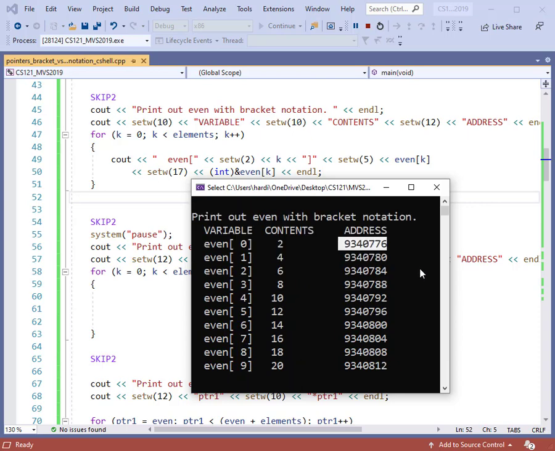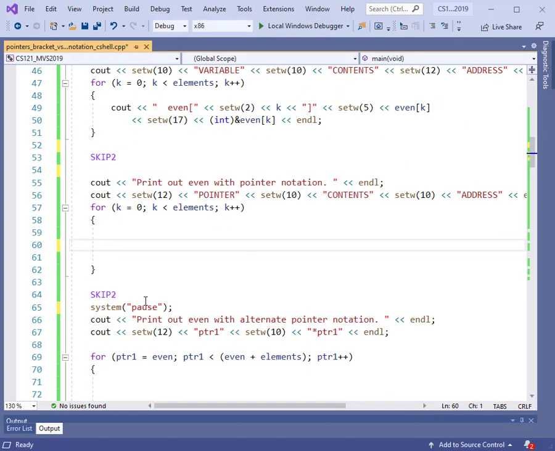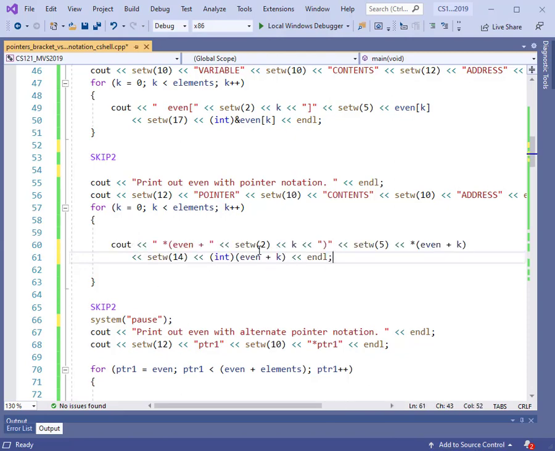So you can see then that we can use the pointer notation. In this case, we're using the bracket notation to print out everything. Now let's go and print out the same table using the pointer notation. Here I'm using the same loop that I used in the previous video to print out odd using the pointer notation. And the code's going to look very similar. So the only difference again between this one and the previous one is that I'm using the variable even instead of the variable odd. So this is going to use the pointer notation in order to print out the contents